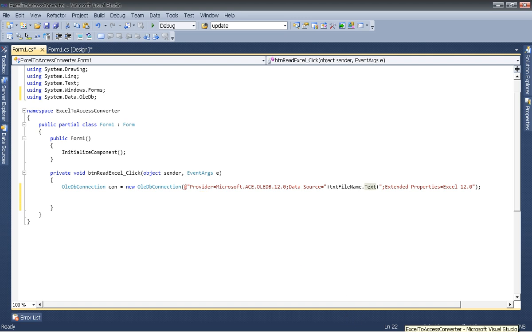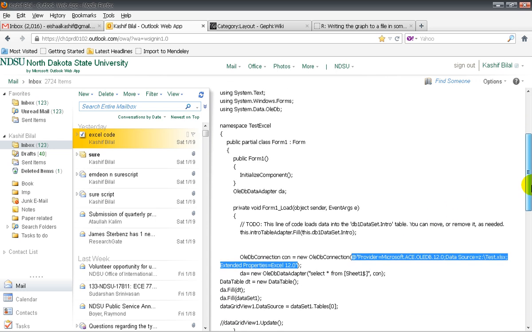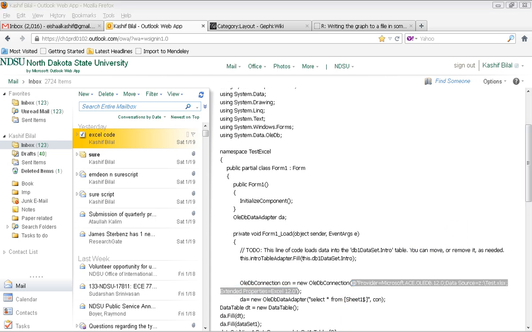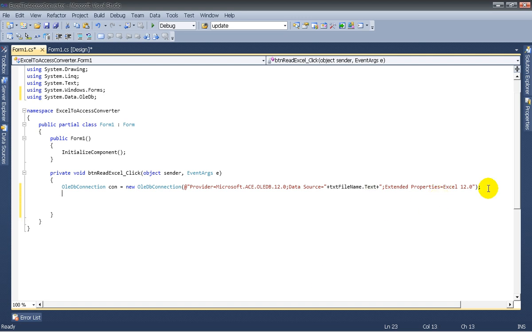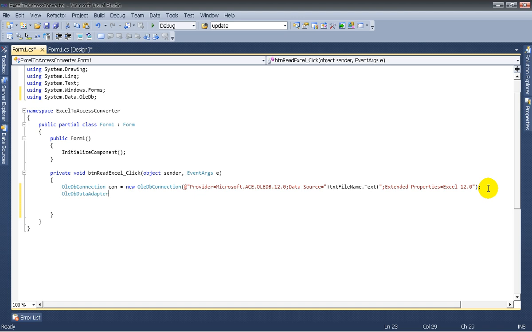Now we have to read data from that file, and for that purpose we'll create an OLEDB data adapter. So what is an OLEDB data adapter, or simply a data adapter? A data adapter is actually a bridge between our application and our source database or source file. And as I told you, we are using connectionless